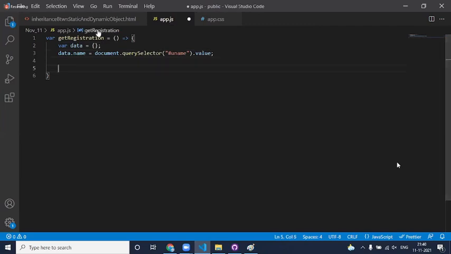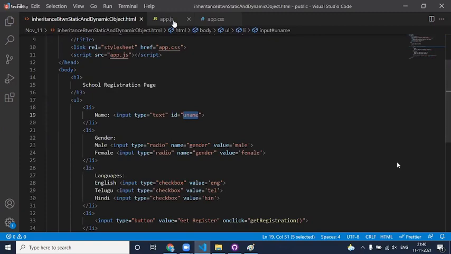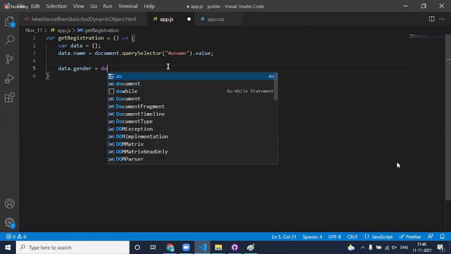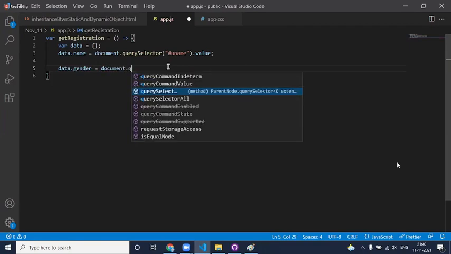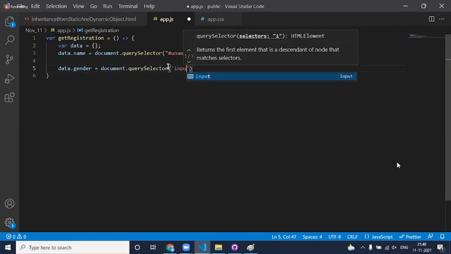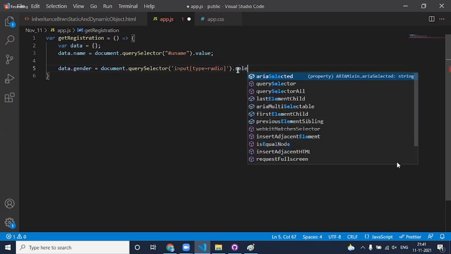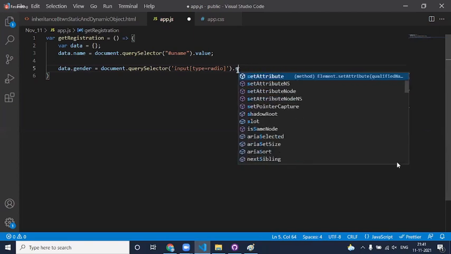In the same way, I need to read the gender information. I say data dot gender is equal to document dot query selector, input type equal to radio, dot checked or selected?